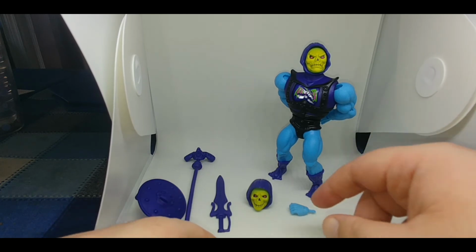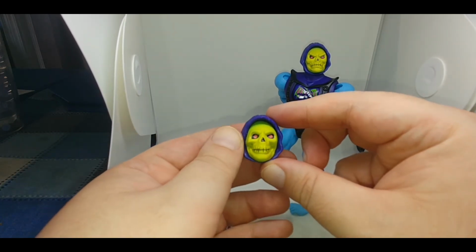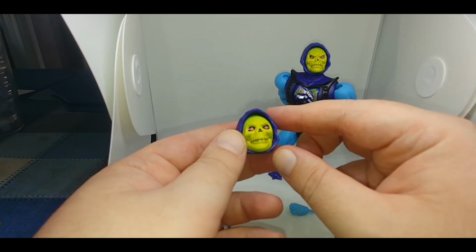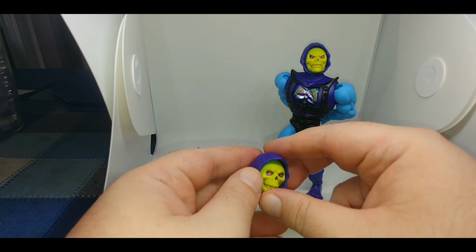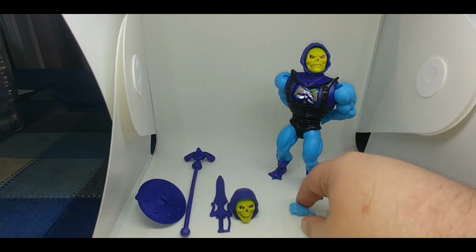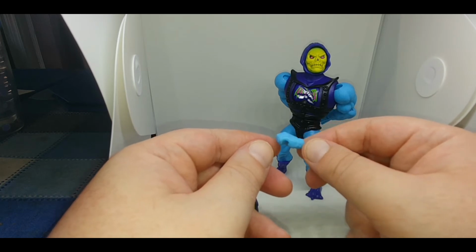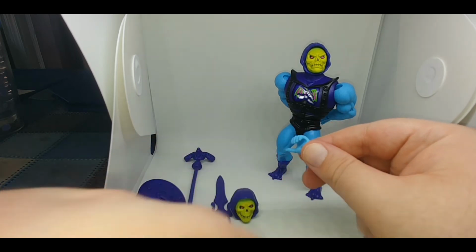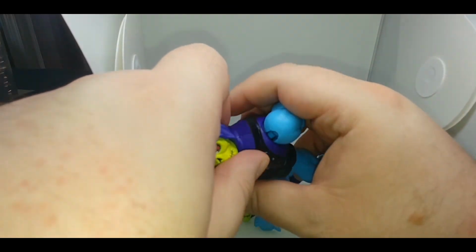And then what's really cool is they give you an alternate head. Frankly, this is how I'll be displaying this figure with this head. A little bit of a smirk instead of the angry old man face. And you do have an alternate hand, so Skeletor can dual wield the sword and the Havoc Staff. Just to go in and...